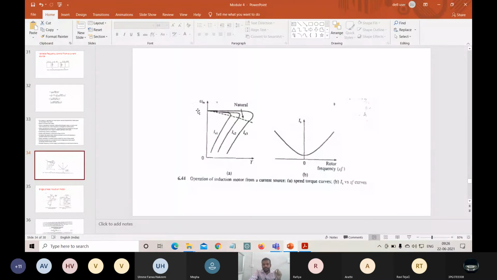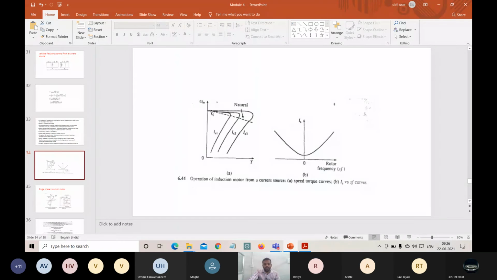So for example, take V1. V1 is the voltage applied to our motor, and the motor at that time rotates at constant base speed. If you want to operate at constant power mode, then you have to apply a voltage which is more than V1. If we consider that as V2, then V2 should be more than V1 for operating the motor at constant power mode. Okay, so that is the constant power mode.